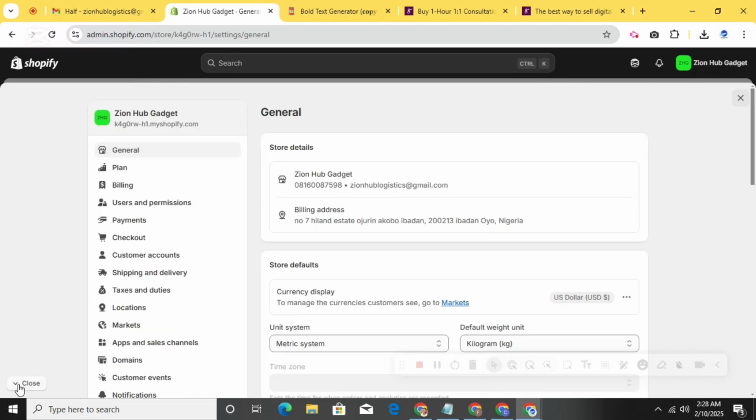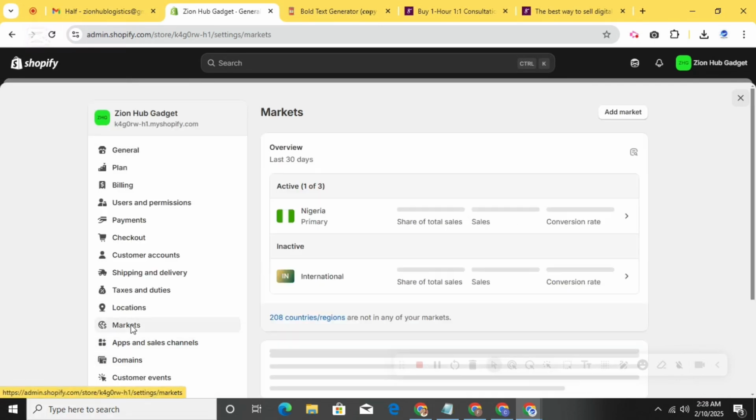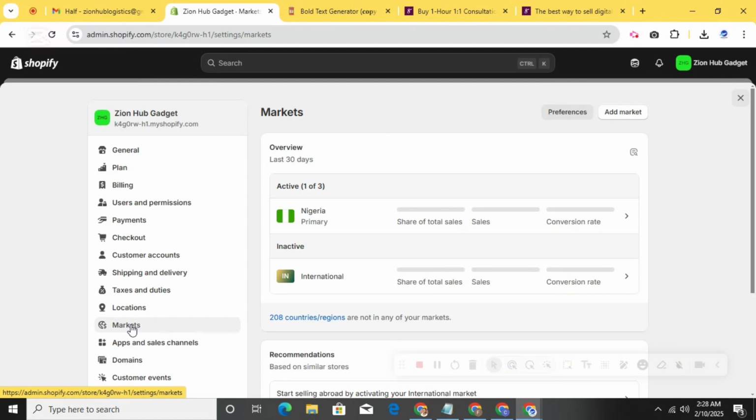Once you click on your settings, you will see where we have markets here. Click on markets. This is very important if you want to change your markets from your primary market to international markets. You can also add new markets. Maybe you have a specific targeted country. You can come to add new markets here. Do you understand? Now, my primary market is in Nigeria simply because